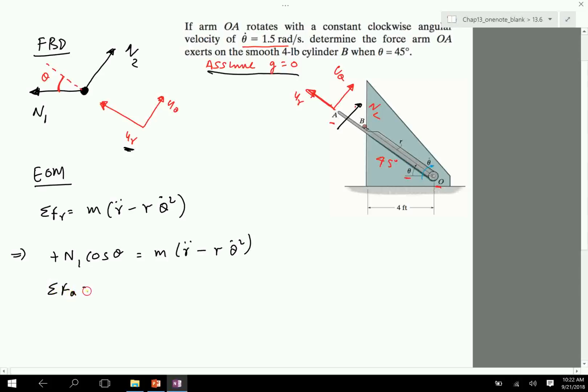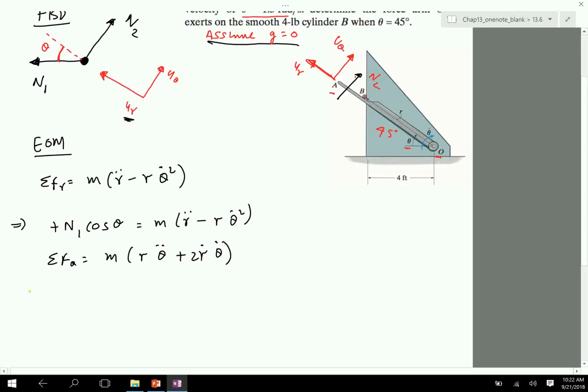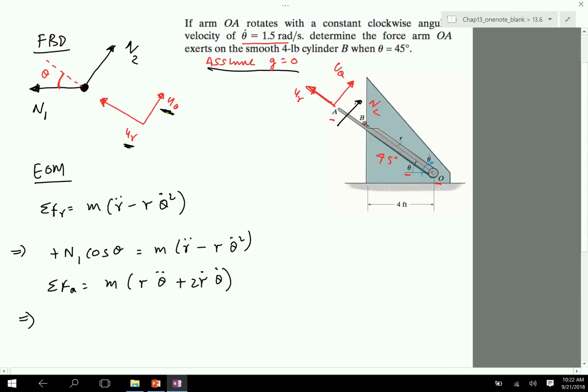The next equation is F theta equals m times r theta double dot plus 2 r dot theta dot. Let's write the forces in the theta direction. N2 acts in the u theta direction, so it's positive. Then we need to resolve N1 in the direction of u theta. When I do that, I get N1 sine theta, and the direction is downward, while u theta is upward, so the sign is going to be negative. So negative N1 sine theta equals